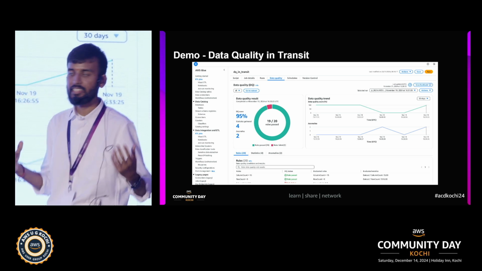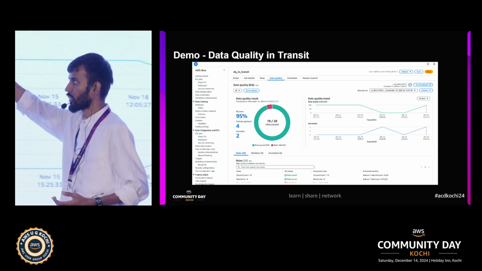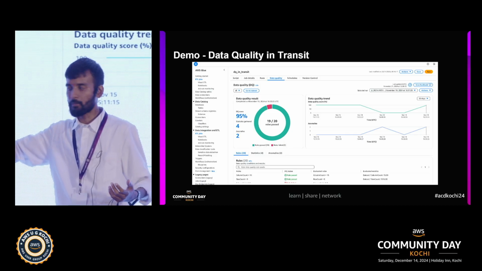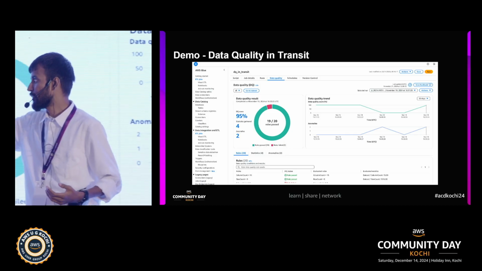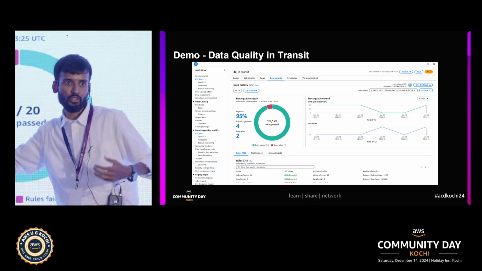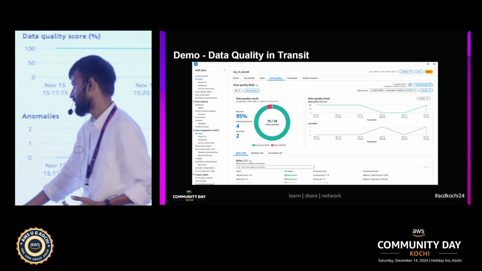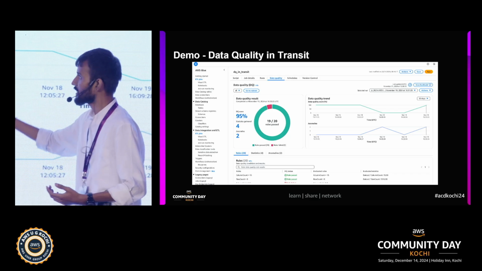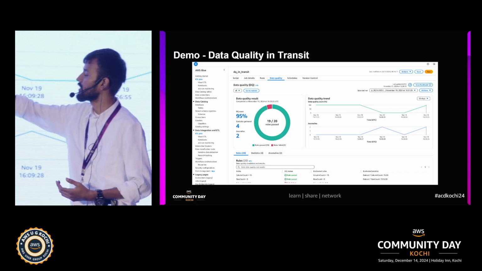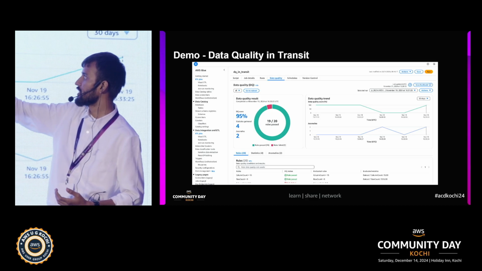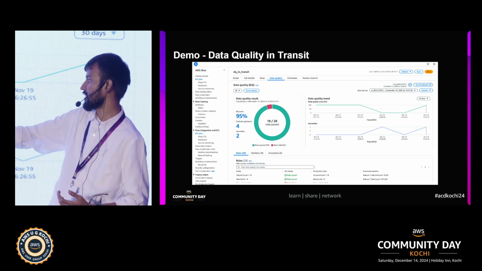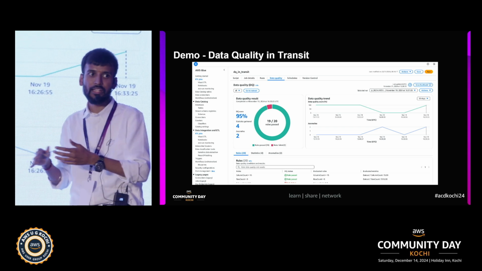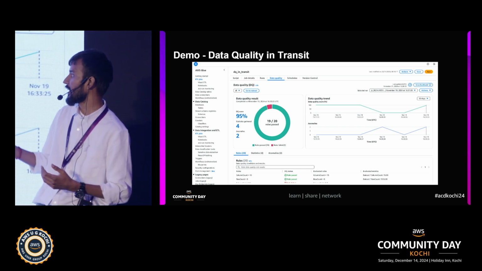So in the ETL job, I have this specific tab called data quality. If you notice, out of 20 rules I have kept, 19 rules got passed. So my DQ score is 95%, statistics gathered is 4, and it has also found anomalies. We can see rule statistics and anomalies, more details over here, and for all the runs we can see this. This is my data quality trend. Initially for the first 3 days, November 15th, it passed, but on November 19th it dropped down. So I can understand how my data pattern is working.